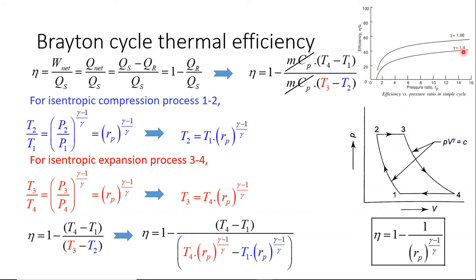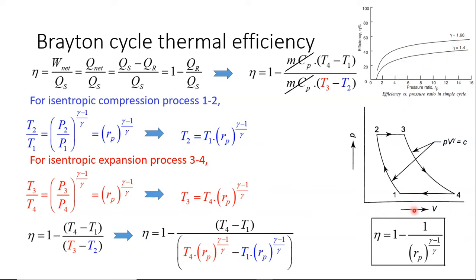One is for gamma equal to 1.4 and one is for gamma equal to 1.66, or sometimes it is written as 1.667. Now we take gamma equal to 1.4 for air, or we can say diatomic gases. What are diatomic gases? Examples are air, nitrogen, carbon monoxide. For them we take gamma value as 1.4. Whereas for monoatomic gases, examples are argon, neon, helium, we will take gamma value as 1.667 or 1.66.